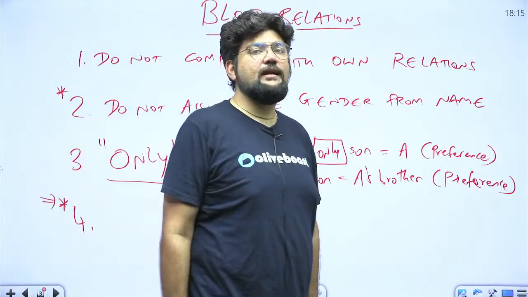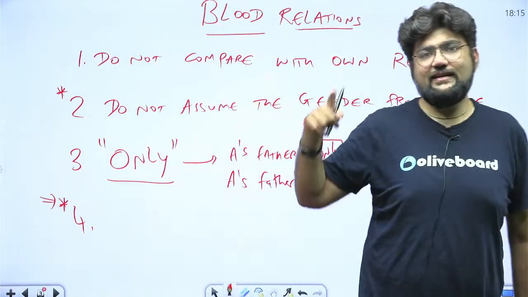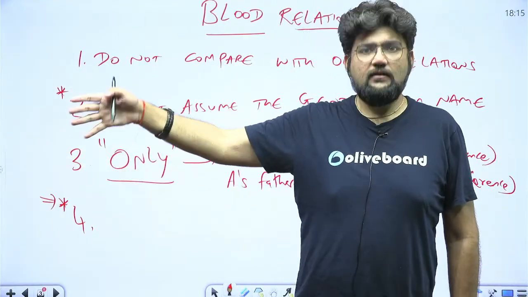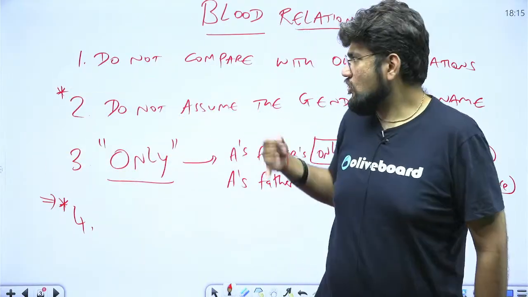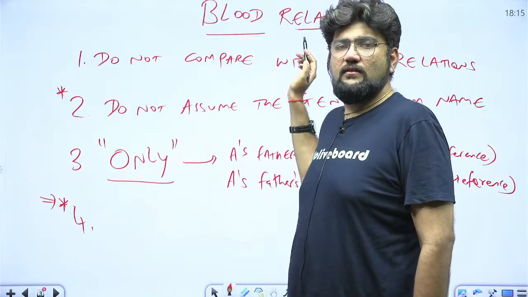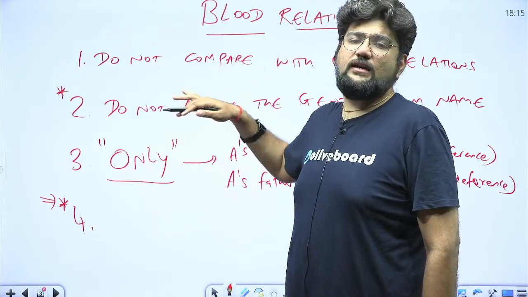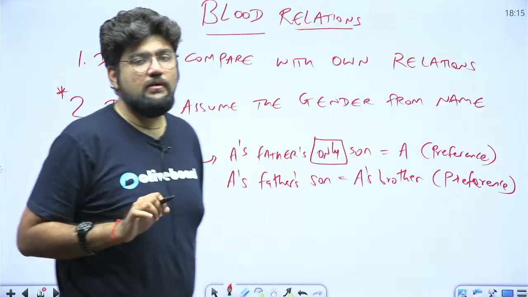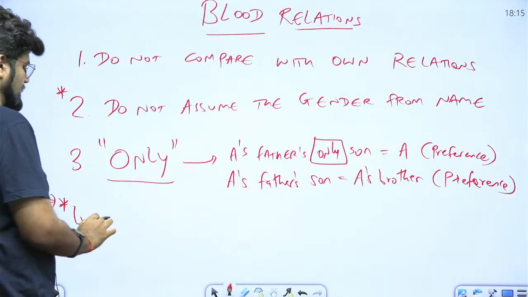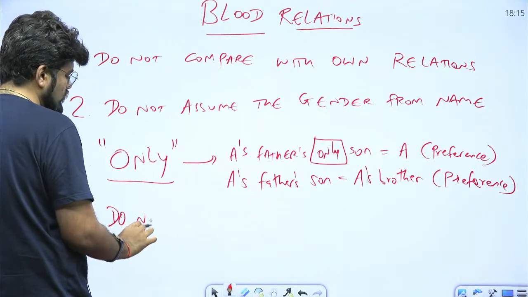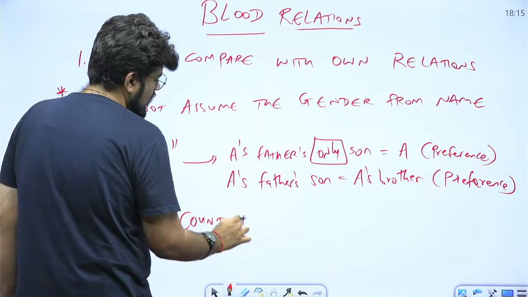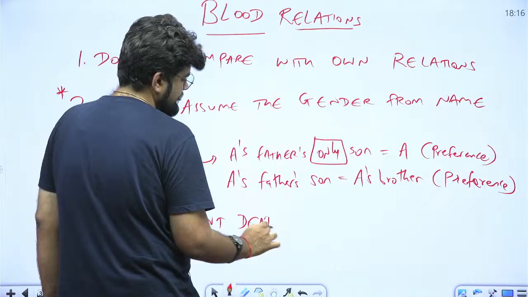A lot of people end up giving the answer 2, because they say A is the widow of B. That means B was the husband, but he's dead. A is the wife. So they straight away start drawing the tree and convert it. How many male members? 2, and they give the answer. Do not count dead members unless and until specified. That is why I have stopped teaching it, because they have almost stopped asking this question. But still I am letting you know here. Do not count dead members